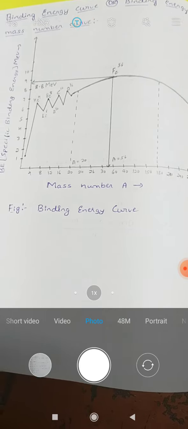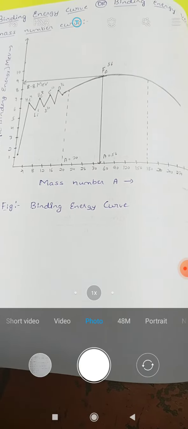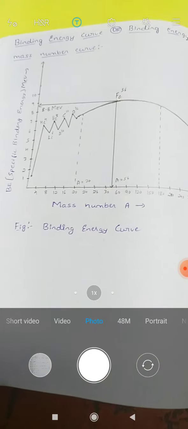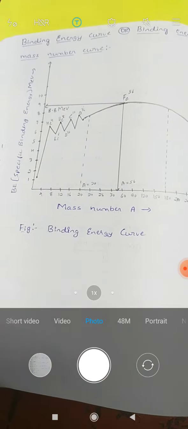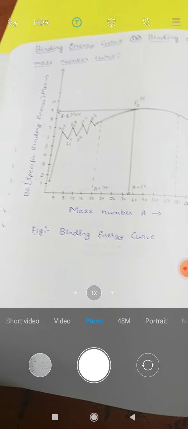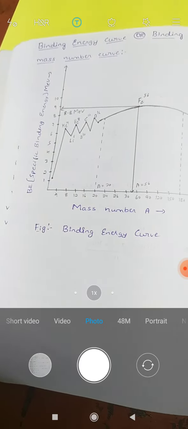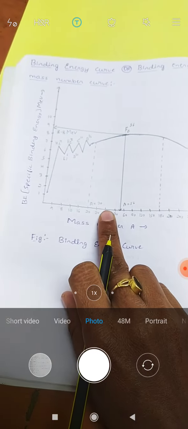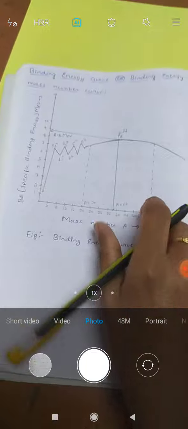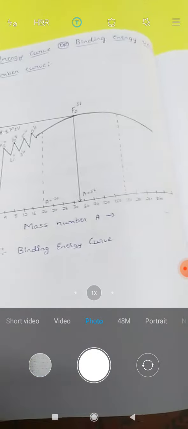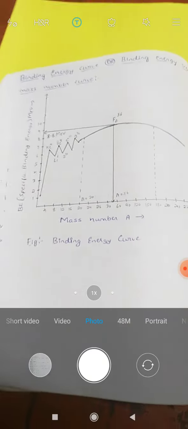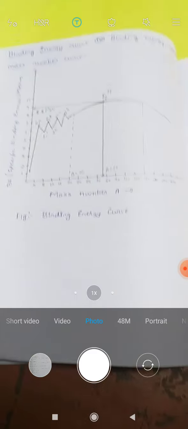Therefore, when the heavy nucleus splits up into 2 or more lighter nuclei, that process is known as nuclear fission. For nuclear fission, the element must be strong and stable, and it must also have a high binding energy. So in this particular range, from atomic number 40 to atomic number 120, we can convert the elements by nuclear fission into 2 or more lighter nuclei, from this binding energy curve.